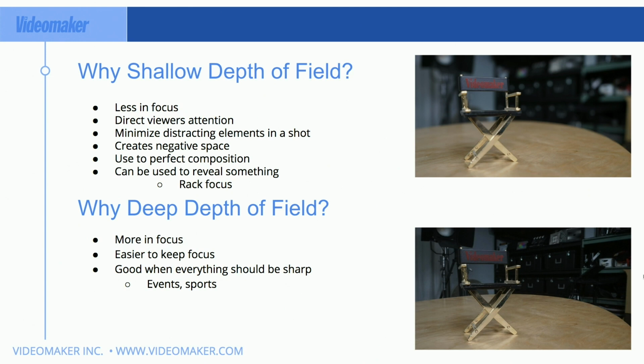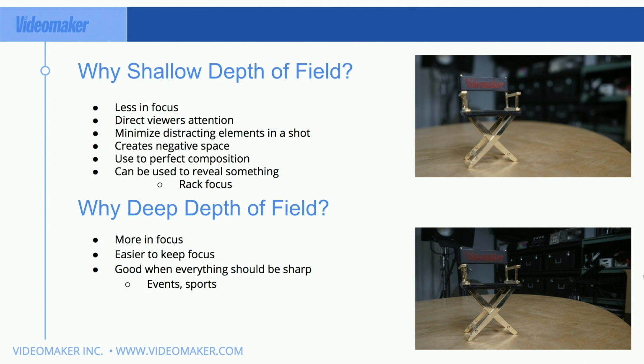That soft area is always a lot easier to put titles over. They pop, they stand out a little bit better. They're easier to read. You can use it to perfect your composition. So this makes it so that really you can use leading lines and all the rest of the different rules of composition, along with a shallow depth of field, to really draw that viewer's eye, as well as to lead them into places, and then it can be used to reveal something.